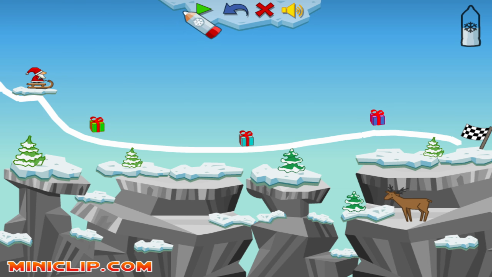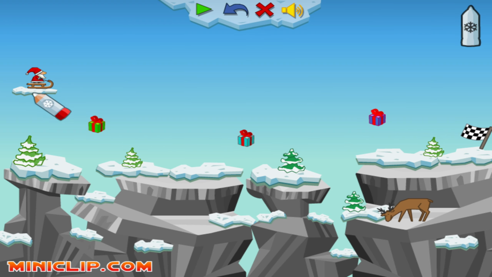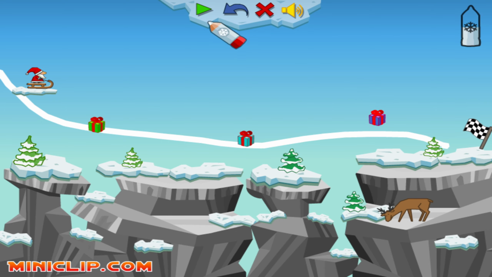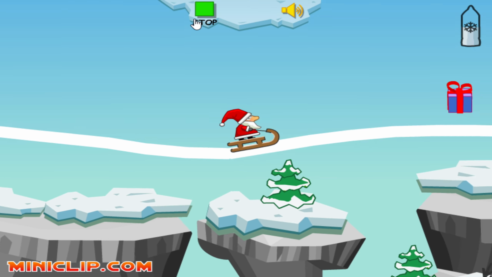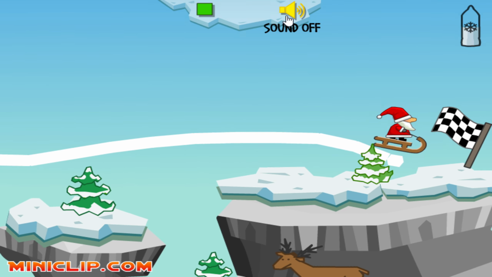Back when games weren't as high quality and PCs were generally worse, or when you were in school and you were bored, games like Snowline would be what you would play. If you've played other games like Line Rider, you may be familiar with the concept of Snowline. You basically just draw a slope for your sled to glide on and test it